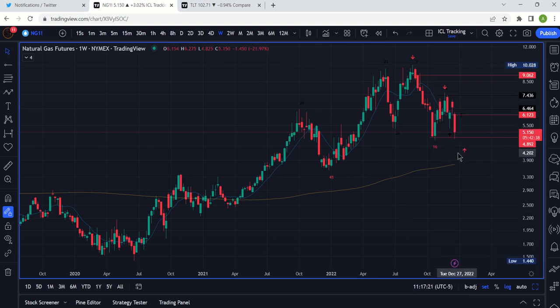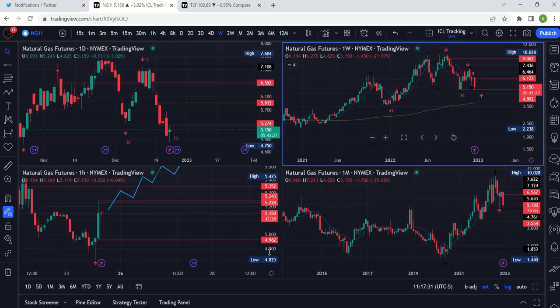So I think that's ultimately where we're going. I don't know if we get there in this weekly cycle. Maybe we get a bigger bounce up here, and then we cascade lower. And maybe in that case, that takes us closer to $3 versus the $3.60 level. But that's how you want to think about it.